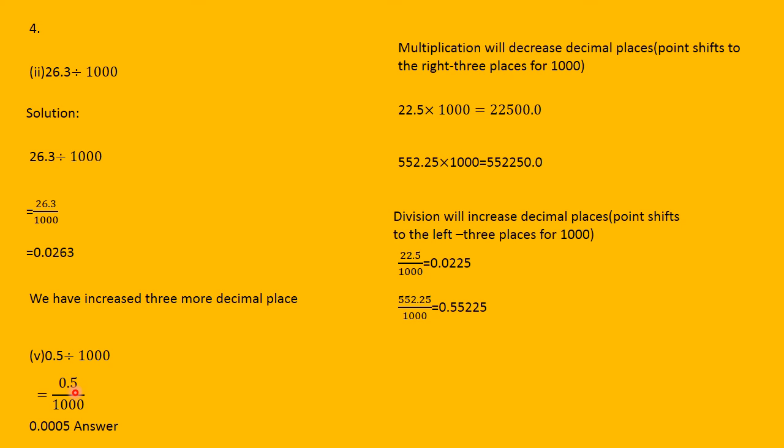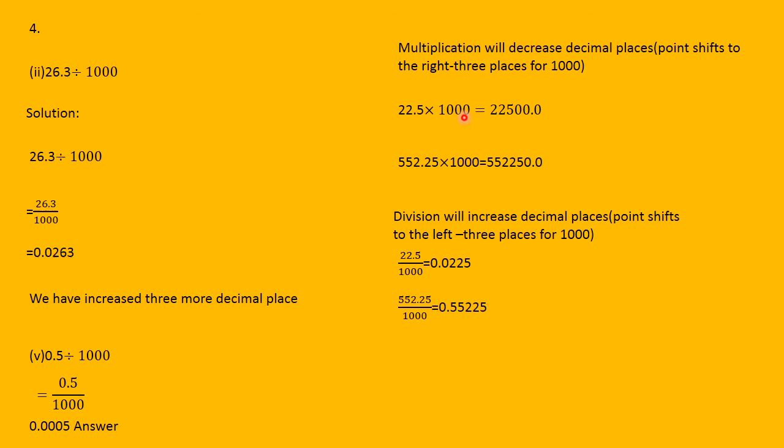How do you get 4 decimal places? You start with the numerator 5, and there are no more numbers here, so you write 0, 0, 0. You should have 4 decimal places, but we have only 5 here. So 5, 0, 0, 0. Put a decimal point. Then how many are there? 1, 2, 3, 4. So 4 decimal places.